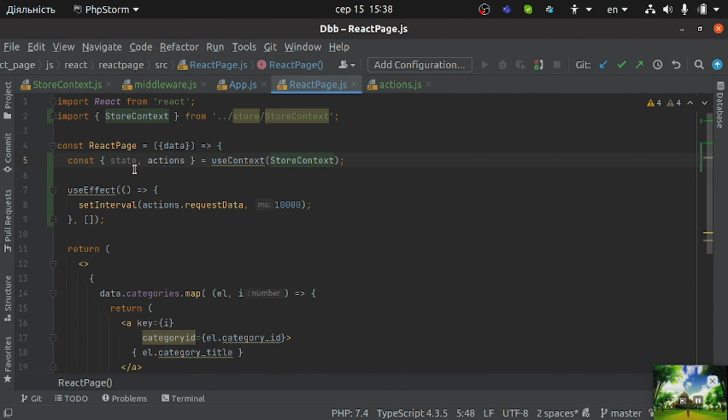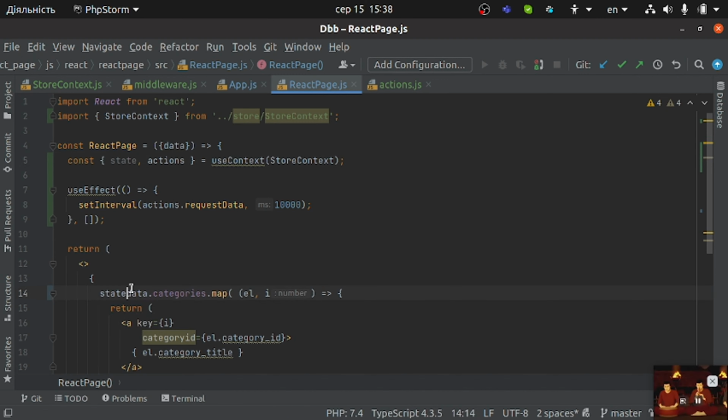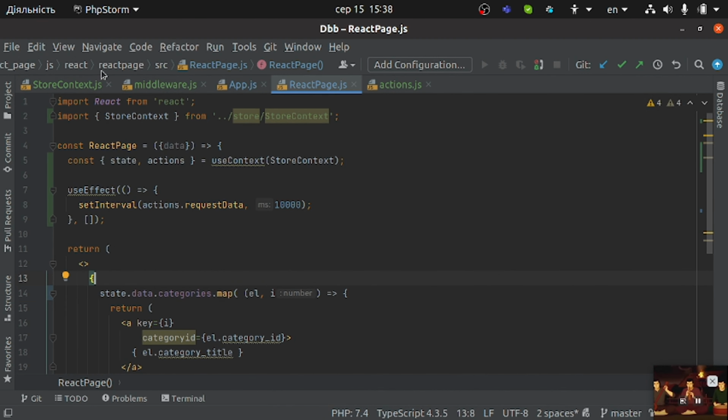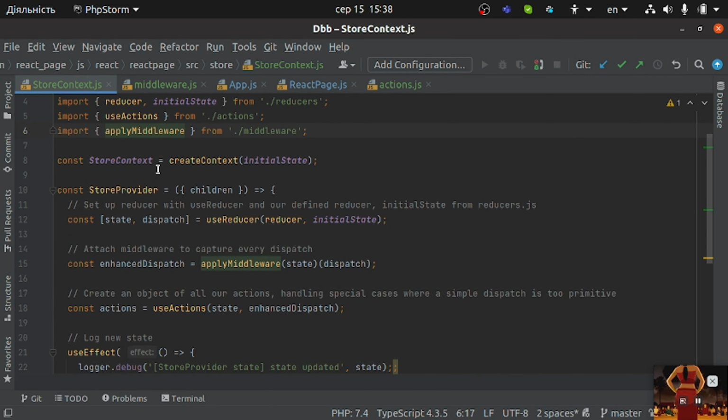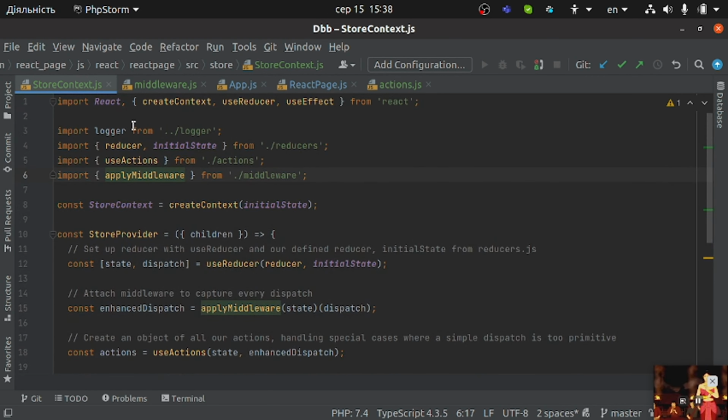Ooh. Okay, it's clear. State. And now we use not data categories, but we use state categories. Oh no, state data categories. Because in the store context we have